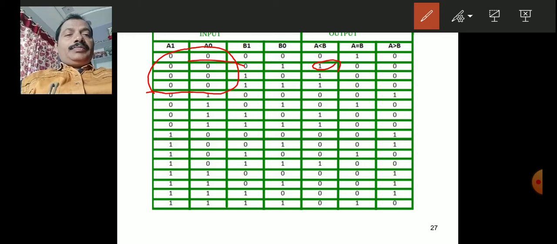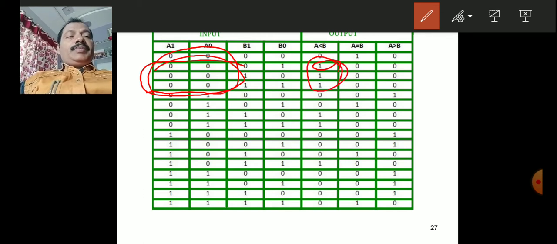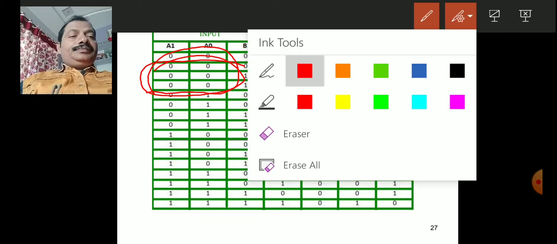That means from these three combinations, you will get A less than B. Hence, you see these 3 combinations, A less than B. And now let us see